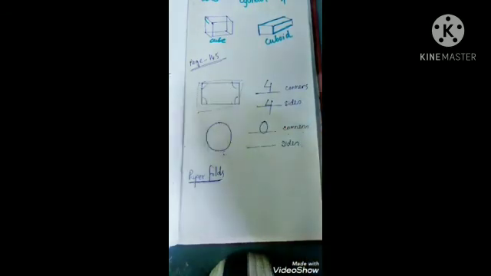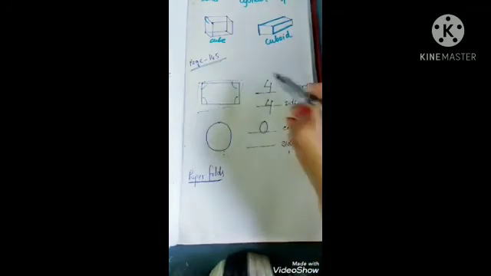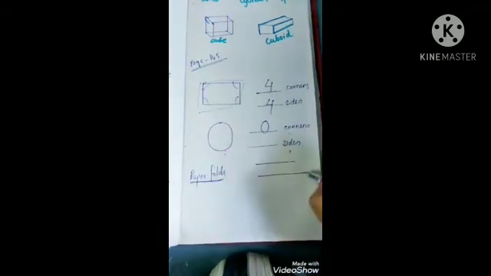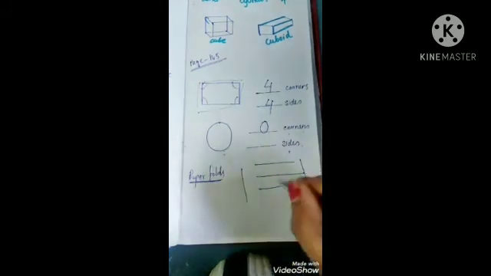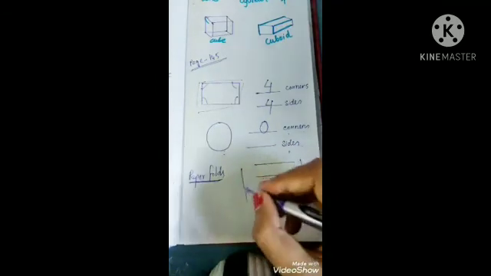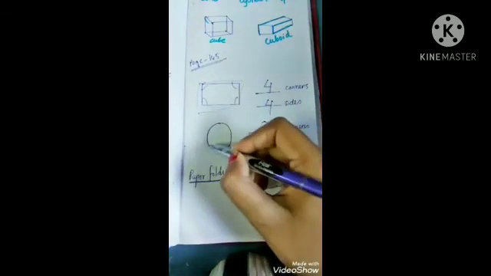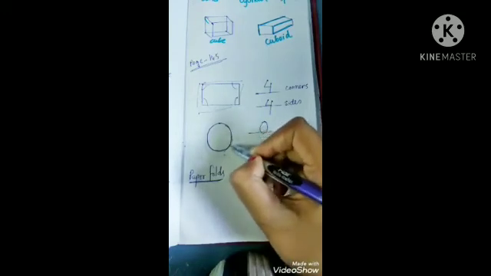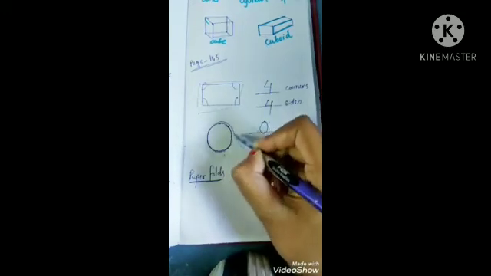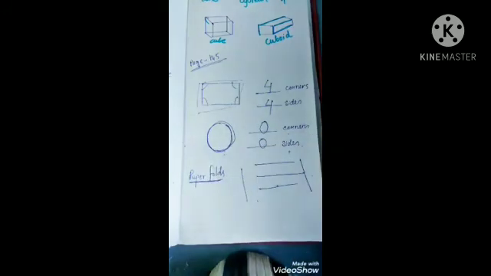Now sides. As I told you, sides mean what? Line segments, straight line segments. So it should be like this or this. These are called straight line segments. If we have this, then only we can say that these are the sides. But here you can see these are curved lines, right? Curved line. So that is why the circle does not have any sides, so I have to write 0 here also.